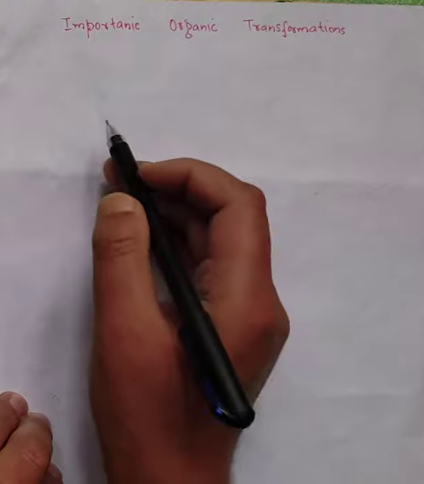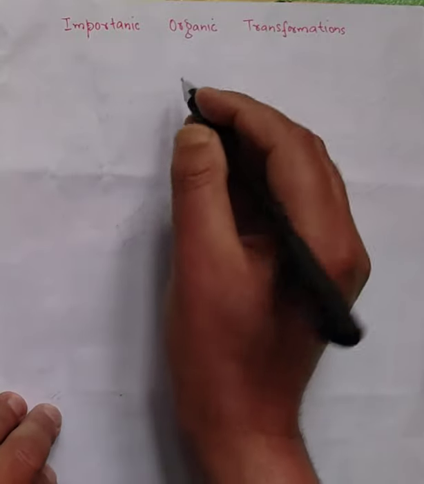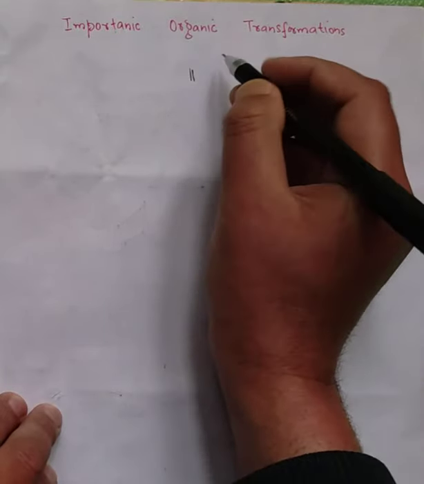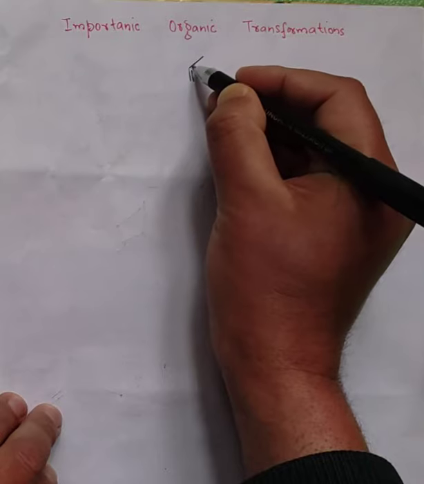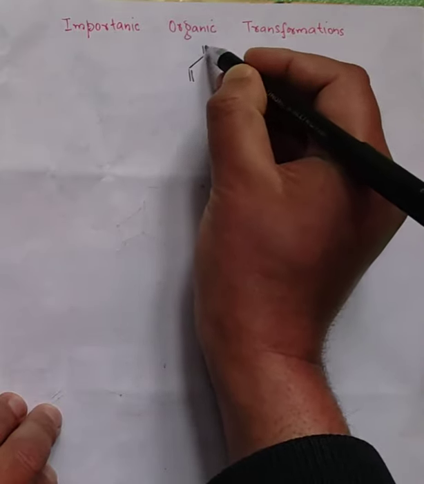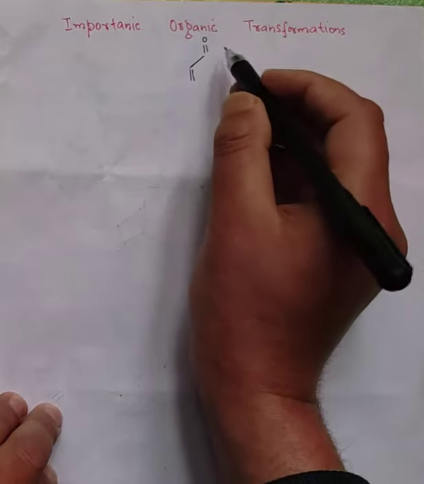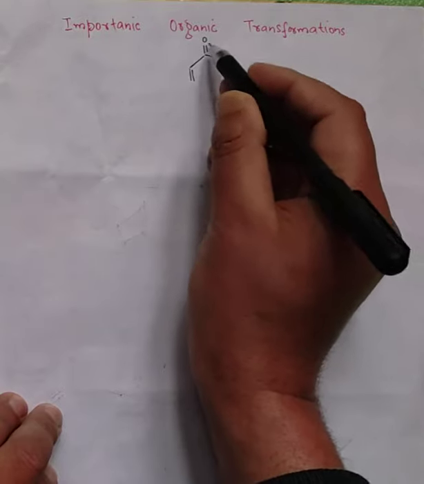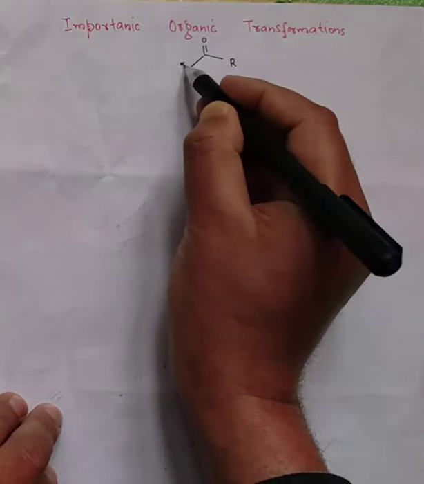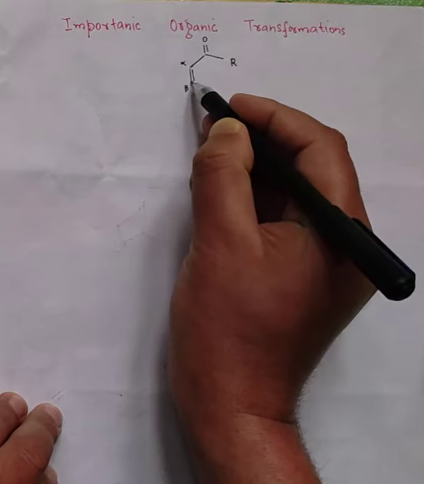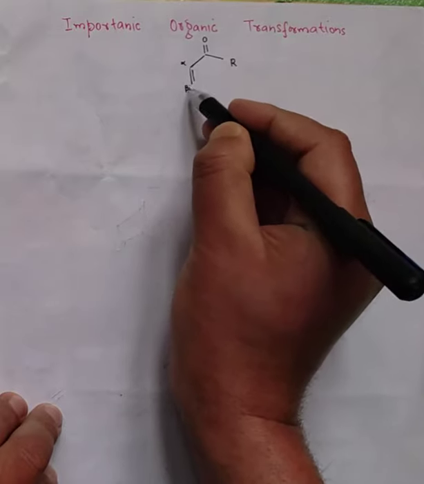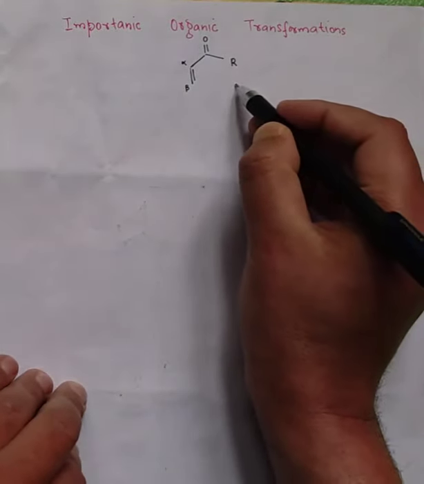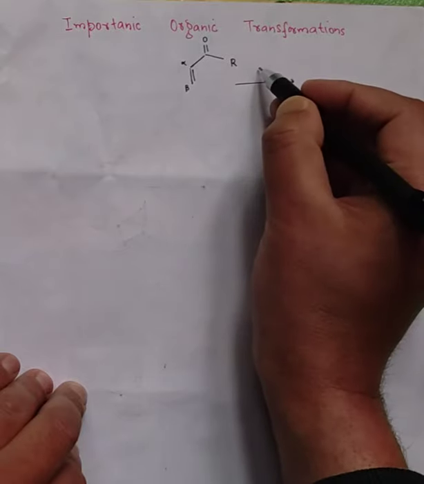if you have a substrate which is alpha beta unsaturated. So this is your alpha beta unsaturated carbonyl compound. Let's say we have some group R here. So this is your carbonyl portion. This is the alpha carbon. This is your beta carbon. Fine. So this is an alpha beta unsaturated carbonyl compound. Fine. So if we treat this with, or we should say in presence of